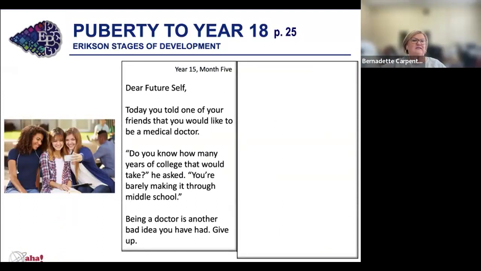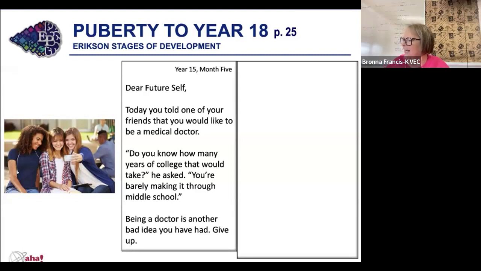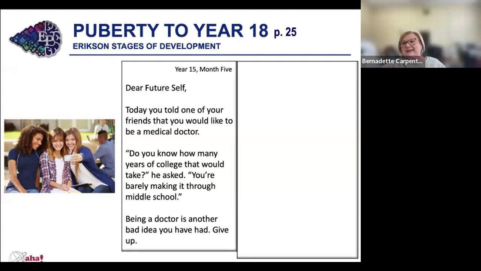Dear future self, today you told one of your friends that you would like to be a medical doctor. Do you know how many years of college that would take? He asked. You're barely making it through middle school. Being a doctor is another bad idea you have had. Give up. Now, would you want to say that to a kid, or maybe you could say,